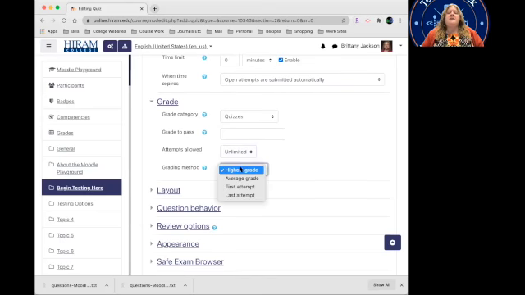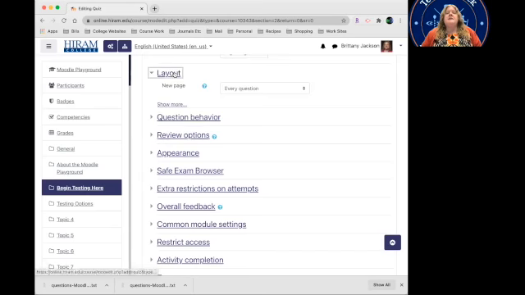And then the grading method, you can do highest grade, you could do an average grade, first attempt or last attempt. So you have discretion on that, and I just tend to leave it as unlimited because, again, I would prefer the students be able to take the course multiple times and to actually master the content than to not and have to be subjected to specific times that they've taken it. Now, certain majors and disciplines do require that, and so that makes total sense. So the default is unlimited, but feel free to change that to whatever may make the most sense for you